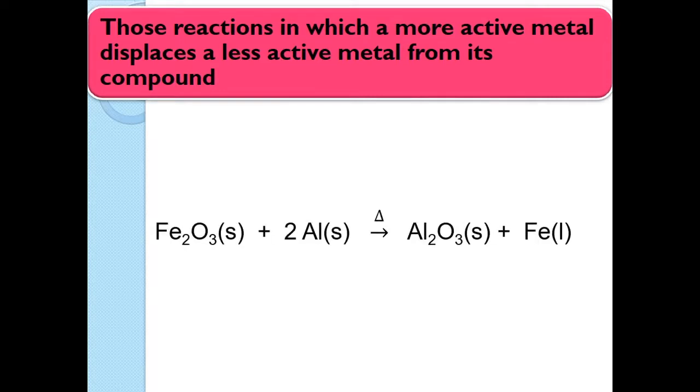Now, one very important displacement reaction from the same category: the reaction of ferric oxide with aluminium. This reaction is highly exothermic in nature, and here aluminium, being more reactive than iron, displaces iron from ferric oxide. As a result, iron is formed, but as the temperature is so high, the iron formed is in molten state. This reaction is called the Thermit reaction, and it is used to join railway tracks or cracked machine parts.